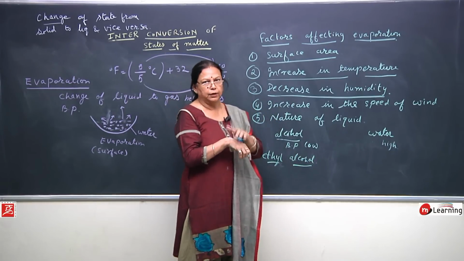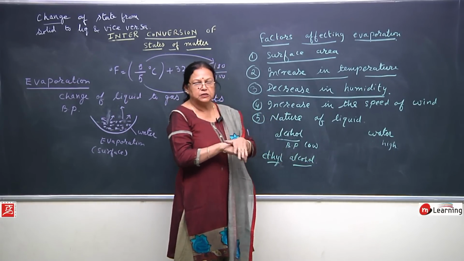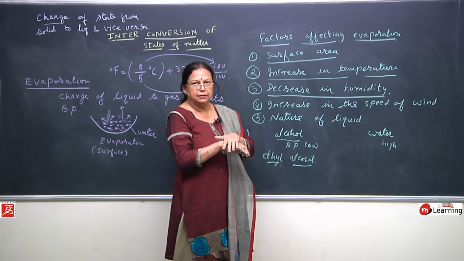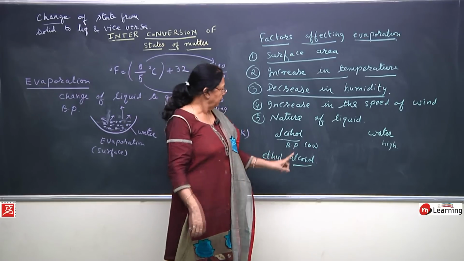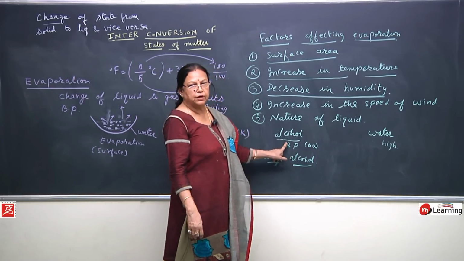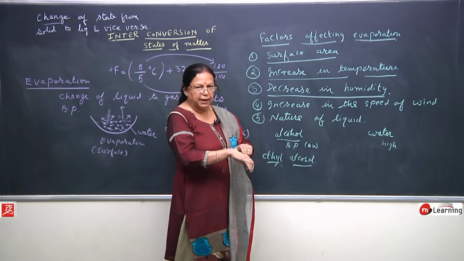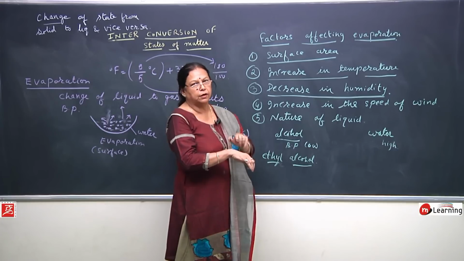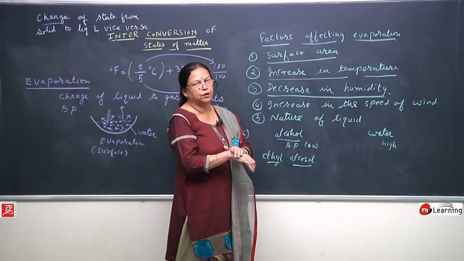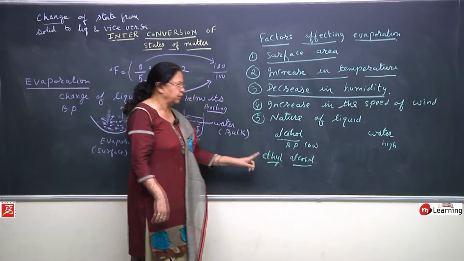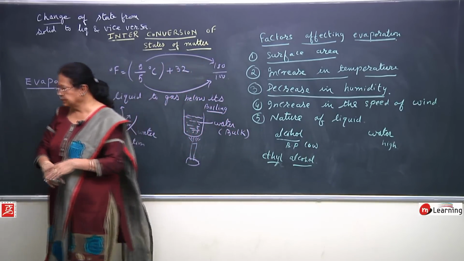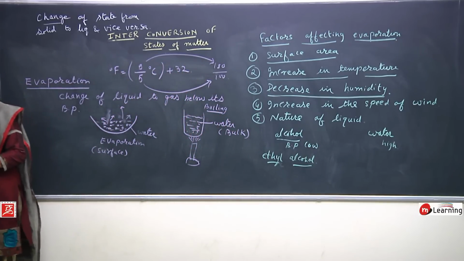The same thing happens: ethyl alcohol has a low boiling point, so it will evaporate, and that part will become numb, and the player will not feel so much pain because of the hurt. And these are all practical applications